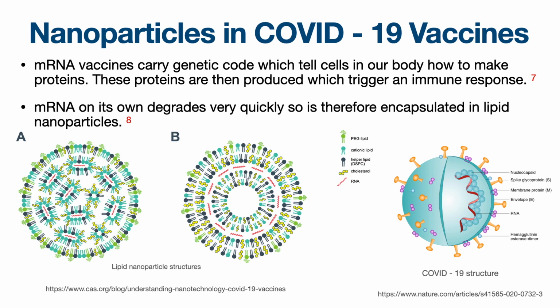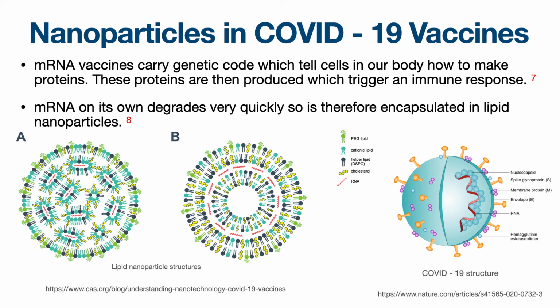So where do polymers come into this? mRNA, when left on its own, just injected into your body, would degrade really quickly. As you've seen when talking about cancer drugs, it's very similar in that the best way to make it more effective is to make it last longer inside your blood. So it is encapsulated in something called lipid nanoparticles. On the bottom left here, you can see some structures of these lipid nanoparticles, and you can see that the RNA is encapsulated within quite a complex case, and there are a couple of different types there, but you can basically see